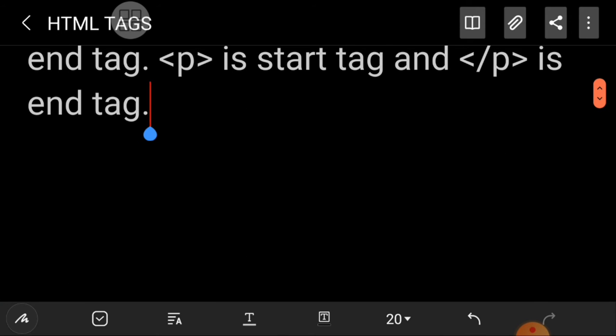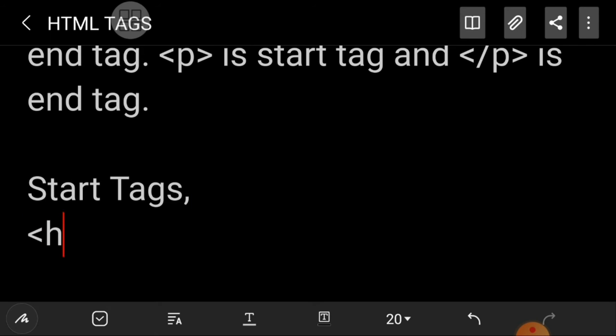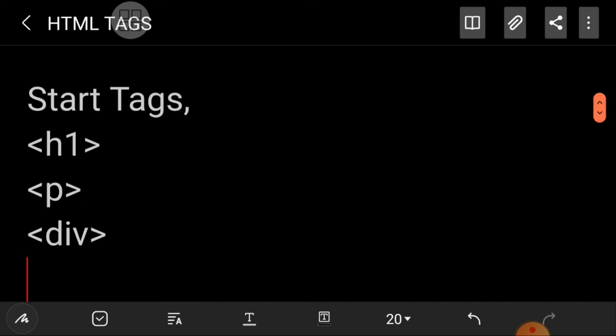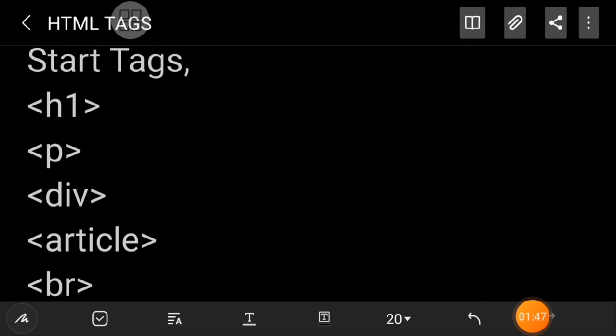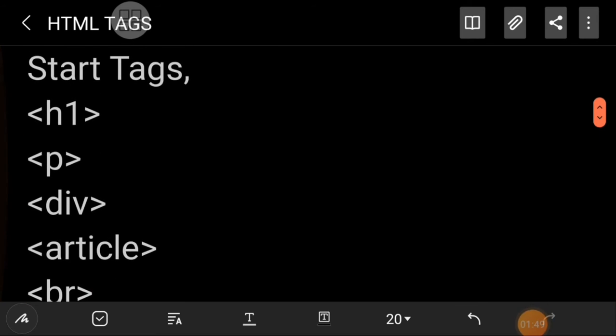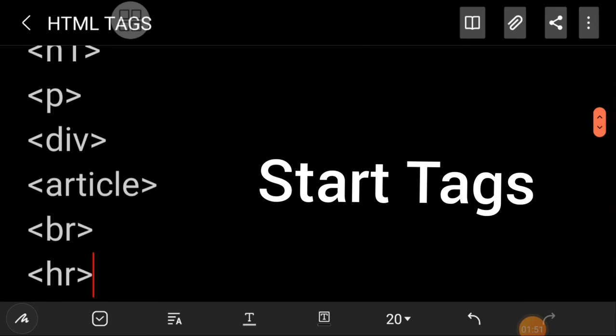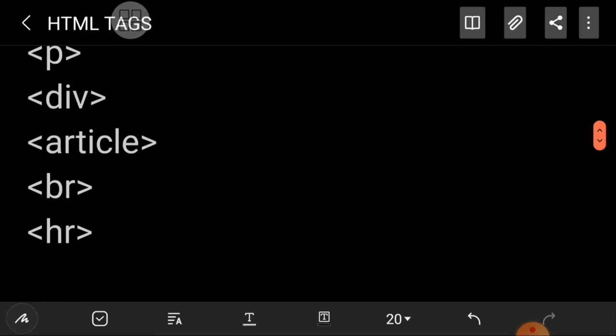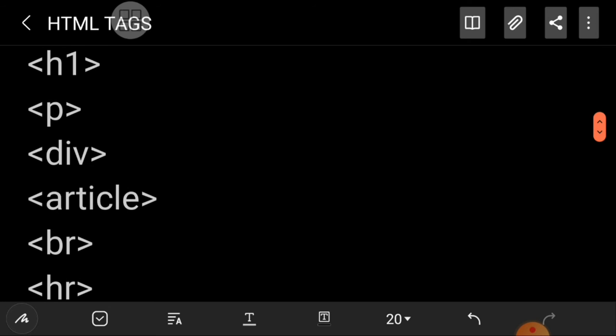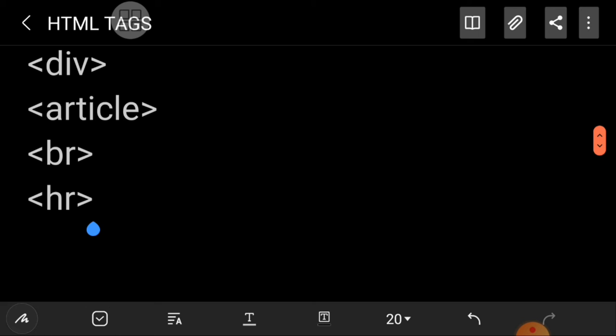Here I'm going to give you some examples of a start tag and an end tag. So guys, here you can see this is the end tag, from h1 to h1. So guys, there are many tags. Now I'm going to give you some examples of